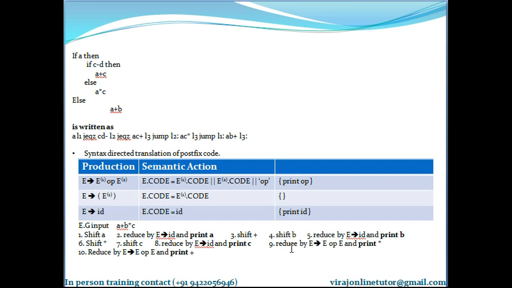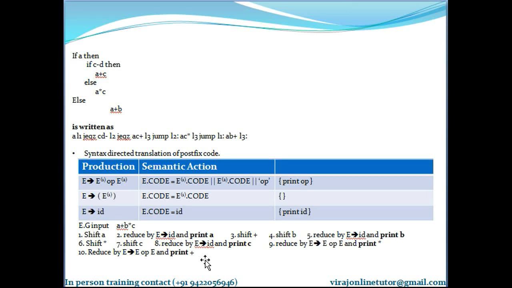Okay. So now I have E plus E into E on the stack. So now you reduce using E of E. What is the output action associated? Print op. What is the topmost operator that was there? E plus E into E was there, right? So E of E. So op was asterisk. So print asterisk. Then you reduce using this production again, because now E plus E remains on the stack. So you print plus.